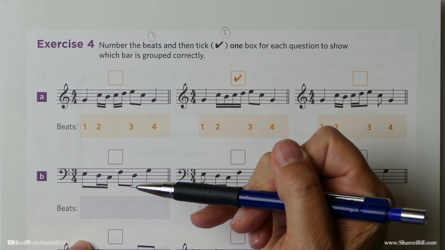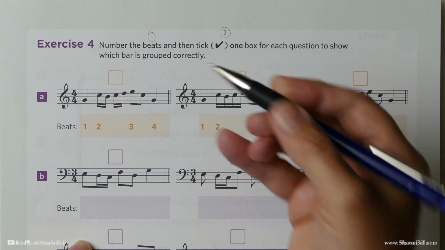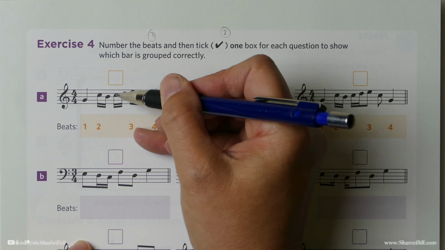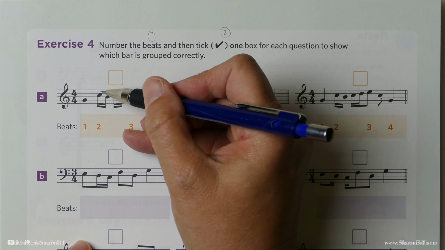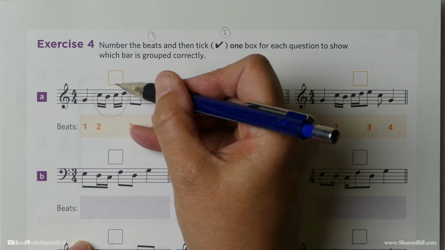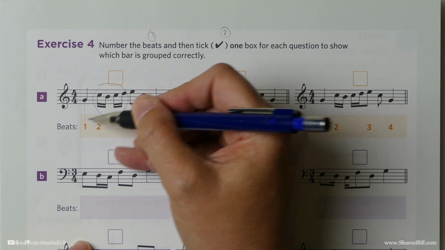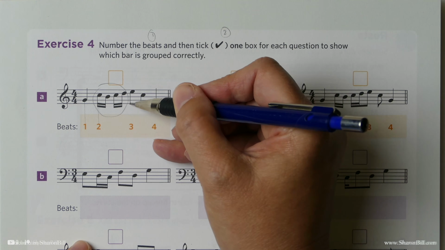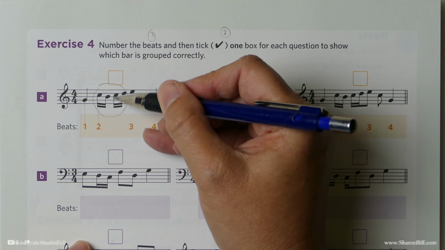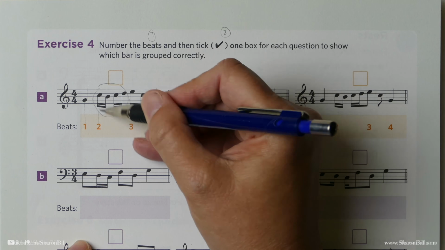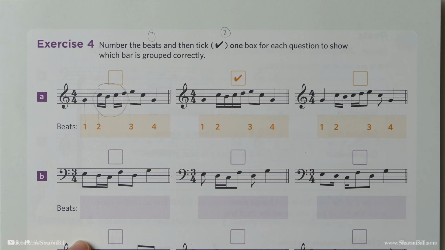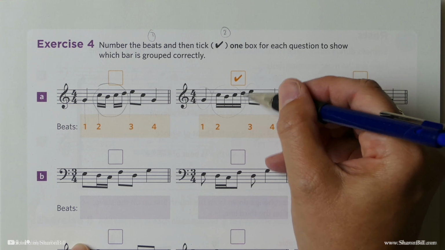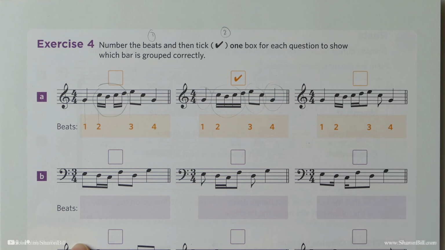Everything should be grouped showing one crotchet beat, and so here it's really difficult to see where beat 3 comes because we've got this break here. It looks like this could be beat 3, but we know that 4 semiquavers make a beat and they should be together. So there's beat 1, that's beat 2, the start of beat 2, all of that is beat 2, beat 3 starts here, and it's really tricky to see that that's still beat 2 because it's incorrectly grouped. Whereas here we can easily see beat 1, beat 2, beat 3, beat 4.